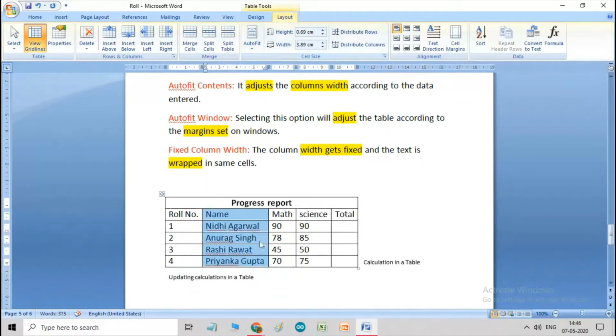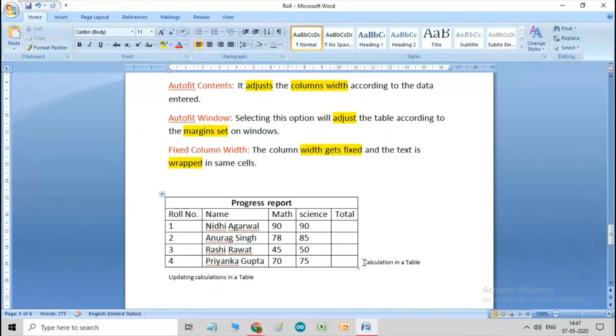So you see the column is adjusted according to its content, and you have noticed that the table size is also decreased, and whatever the contents are in this table, they are adjusted according to the content entered in the table. So this way we can use this option.